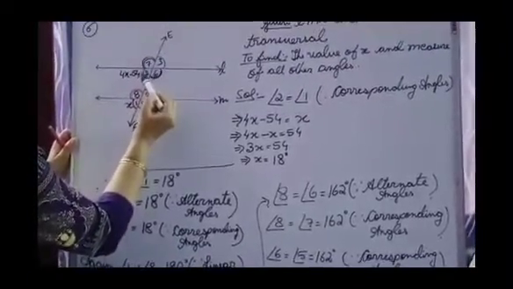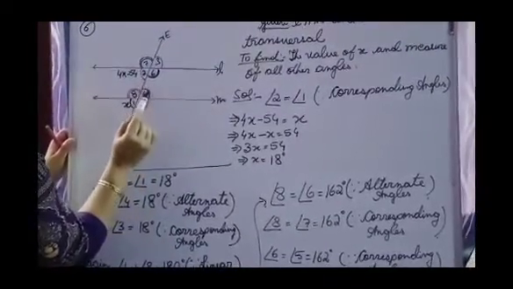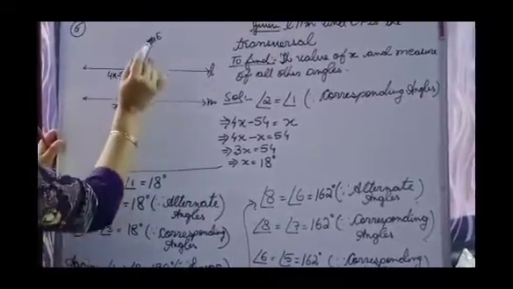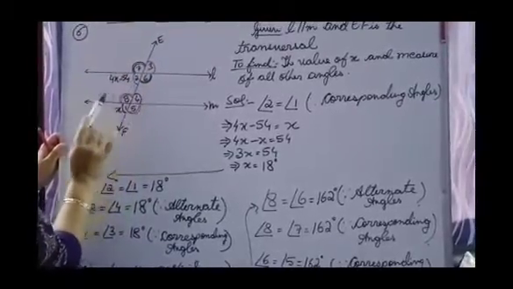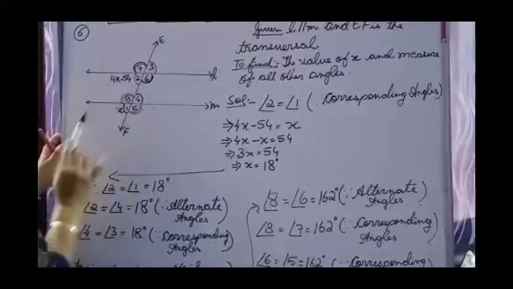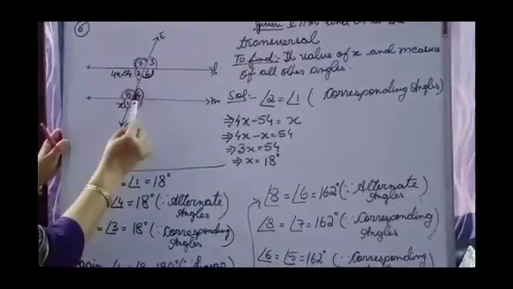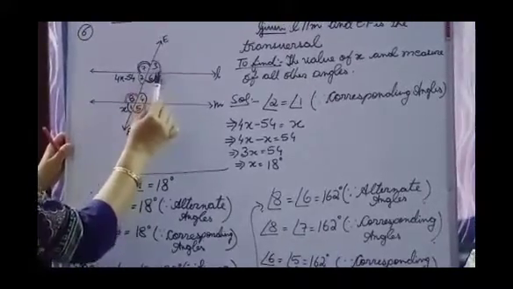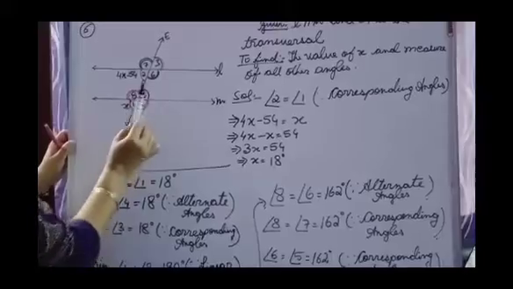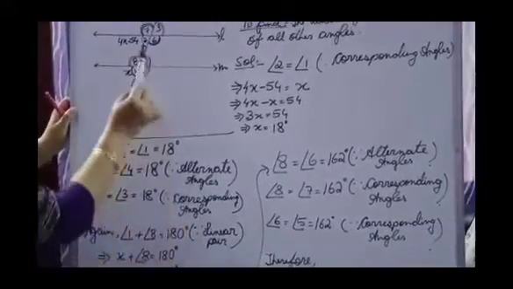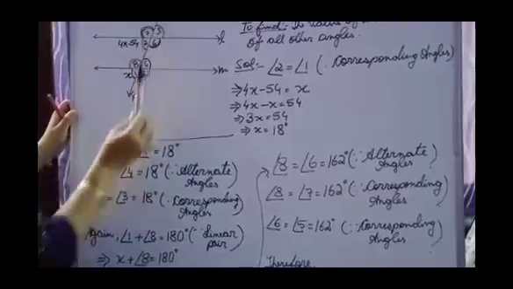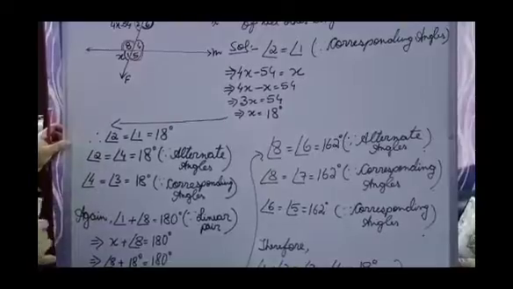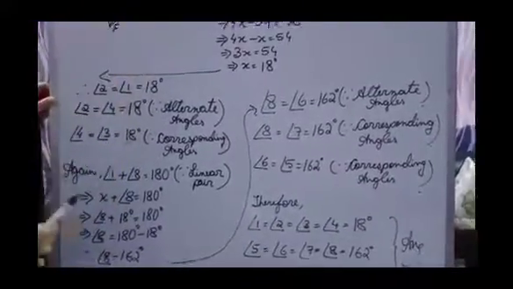Now, if angle 2 is equal to 18 degrees, then even angle 4 is equal to 18 degrees. Why? Since they are alternate angles which lie on the opposite side of the transversal. One is on the left hand side, one is on the right hand side. Again, you see, if angle 4 is equal to 18 degrees, this is an interior angle, then this is also equal to angle 3. Angle 4 is equal to angle 3. Why? Because these are corresponding angles. One angle is interior and one is exterior. So, we have found out angle 1, angle 2, angle 3, angle 4. Now, let us see how to find out the remaining angles.